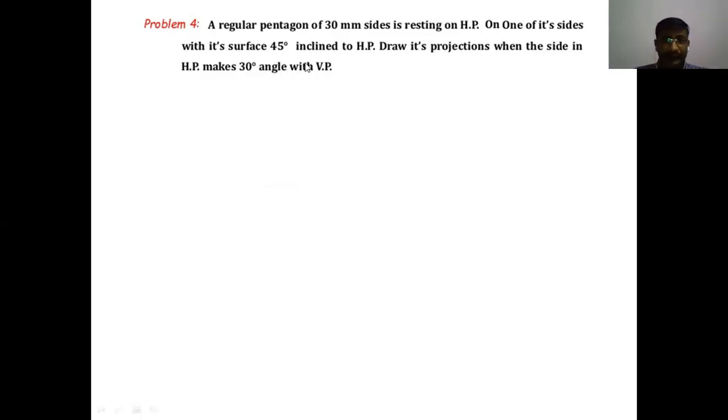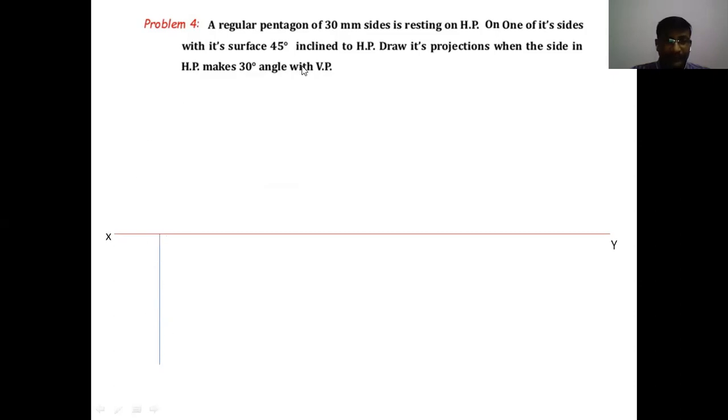First, you have to draw the top view in the initial position. Then we will get the front view in the initial position. Then rotate the front view in the initial position, and we will get the second stage. So let us start the problem. Draw the XY line first. Then draw a perpendicular line to the XY line, towards below XY.